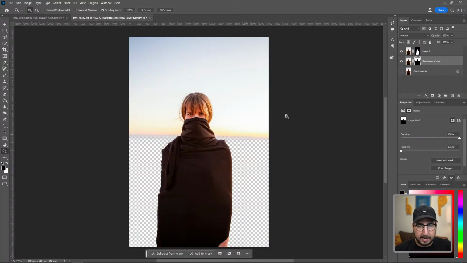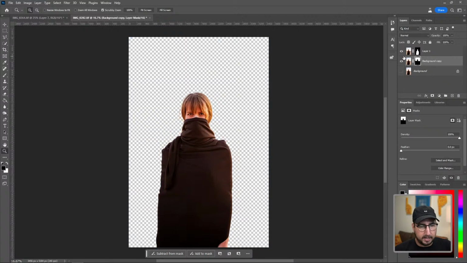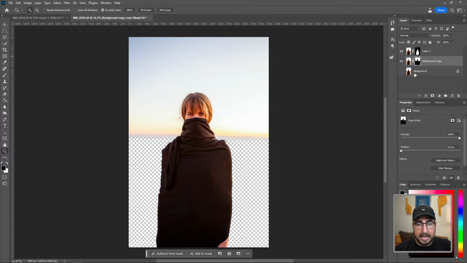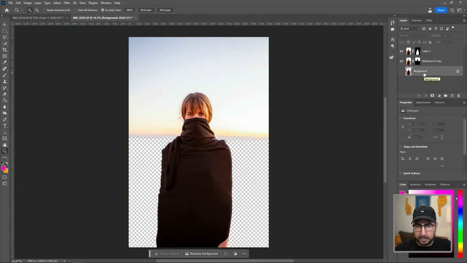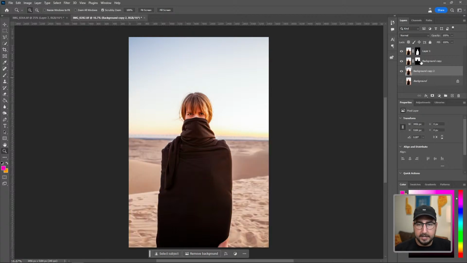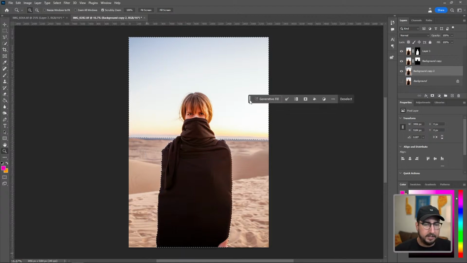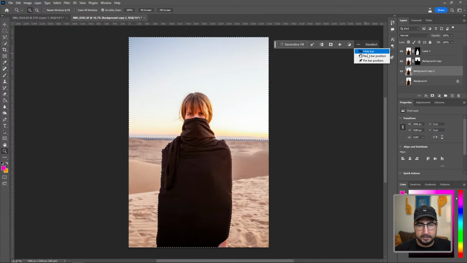We have this sky right here, and then we have the subject right underneath, and then everything else is going to be just the desert. So we can grab the sky, we can grab the subject, and then we can invert that selection using the contextual toolbar right here. We are going to invert that selection and then just make an